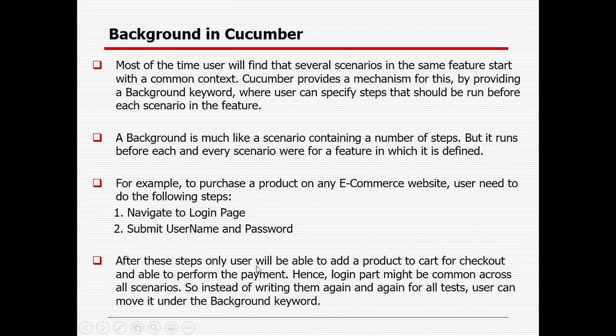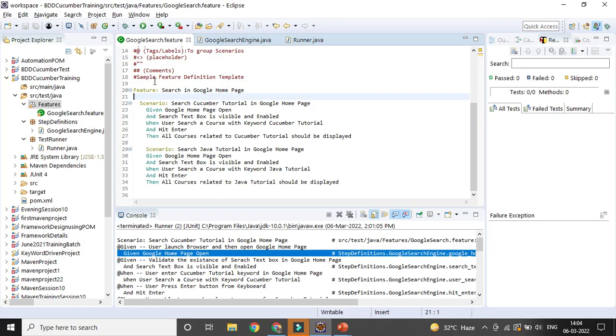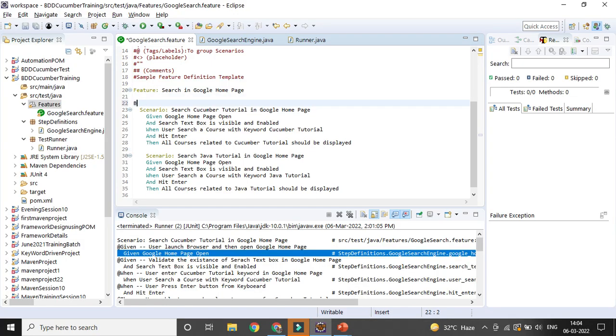So after these steps, only then will the user be able to add a product to the cart for checkout and perform the payment. So the login part might be common across all the scenarios. Instead of writing them again and again for every scenario, the user can move them under the Background keyword. So here, after the features, we will be creating a background,